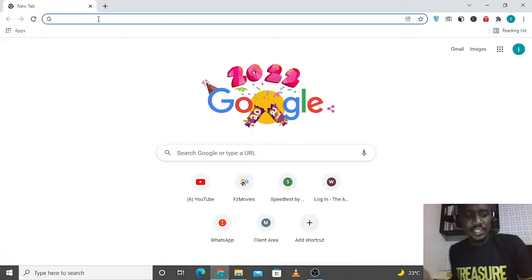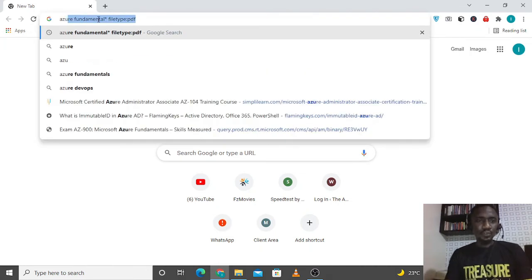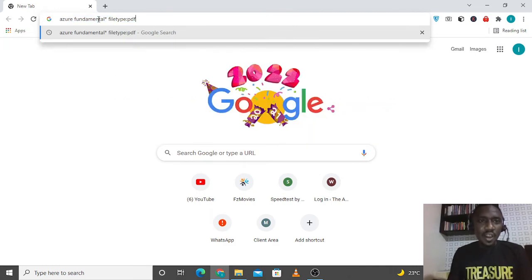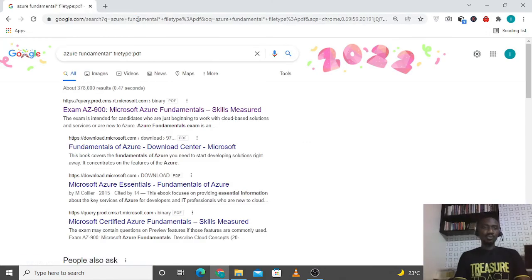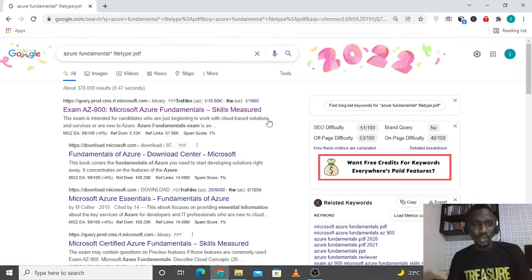So for those of us that are trying to learn cloud, let's search for Azure Fundamentals, and under file type, let's pick PDF. Now see, there is an asterisk after the search term. This is the search term here, Azure Fundamentals, and after it there's a space with the file type PDF, and if I click on enter, this will bring everything that has to do with Azure Fundamentals